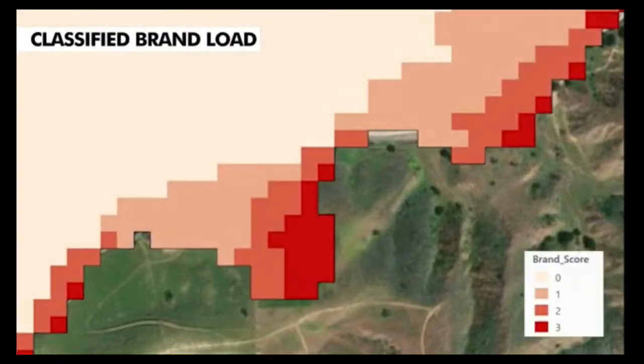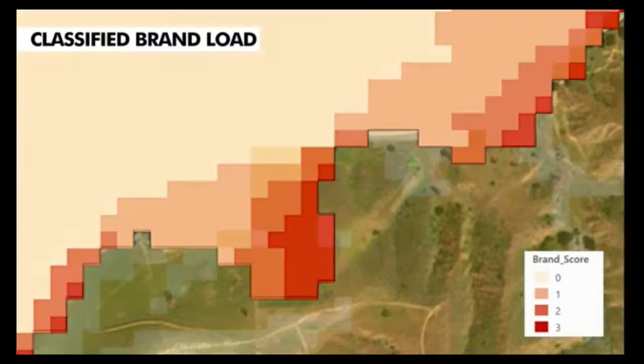The first input is classified brand load, which has values of 0, 1, 2, or 3, reflecting increasing amounts of mottled embers or firebrands impacting an area. As mentioned before, the brand load is a function of vegetation type and burn probability in the adjacent wildland and the wind patterns in the area. More embers landing on a grid cell will result in a lower value in the cost surface and wider buffers